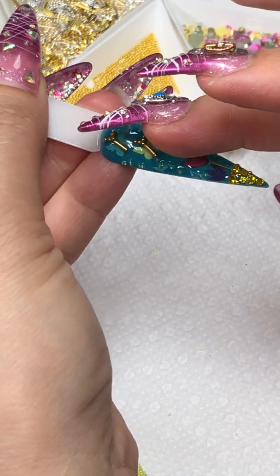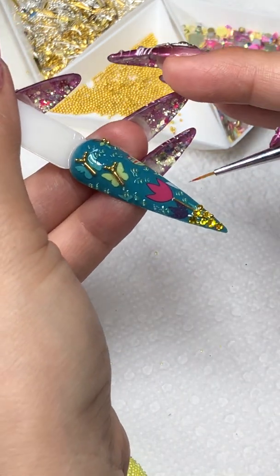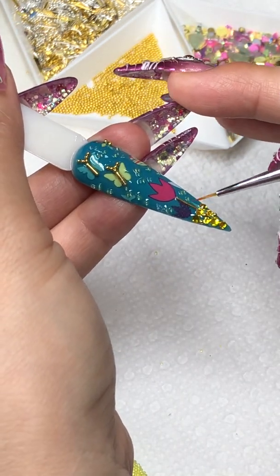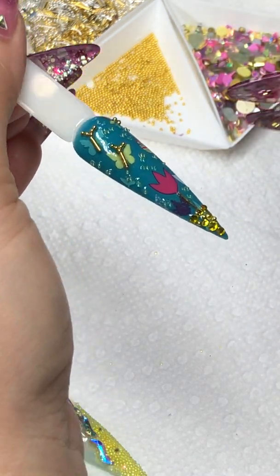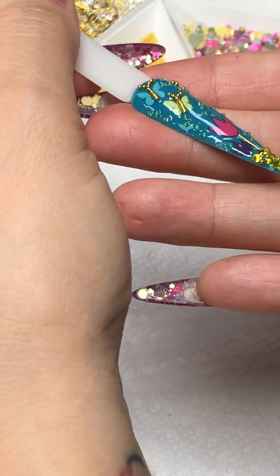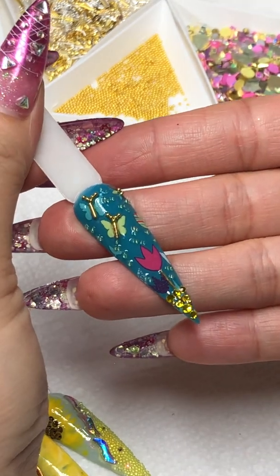Diamond Dust Pixie stays really nice. Of course, you feel its texture. That's how nice it is. But you can't feel it catching anything. So under the lamp for about 60 seconds, and this is now completely done. And this is really stunning. We're using a transfer foil and we layer with